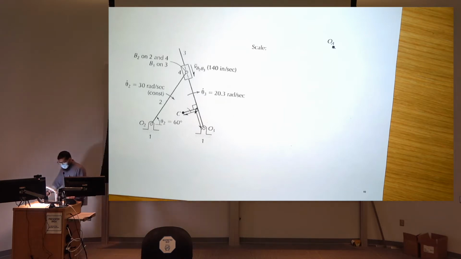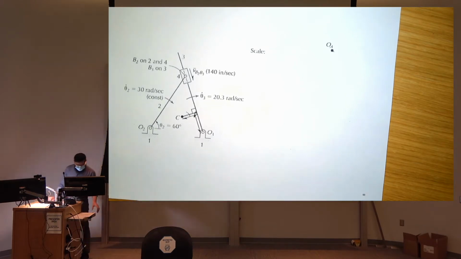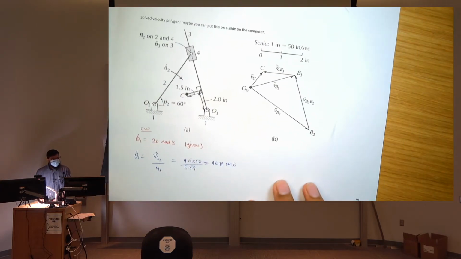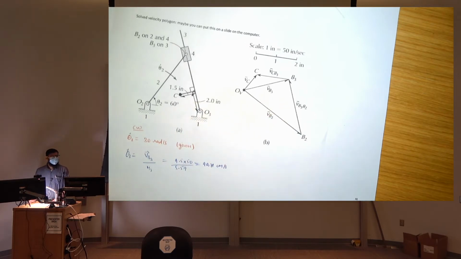So let's just start with the velocity polygon. In order to solve this mechanism or any acceleration polygon, you first need to have a velocity polygon drawn by yourself. If you don't have the velocity polygon, then you cannot solve this acceleration polygon. I already solved the velocity polygon, so let me just show you how it looks. So this is what the velocity polygon for this mechanism will look like. I will be using values directly from it, so you can solve it by yourself.